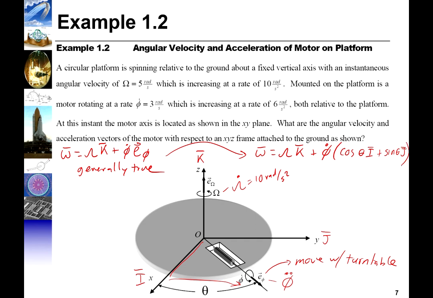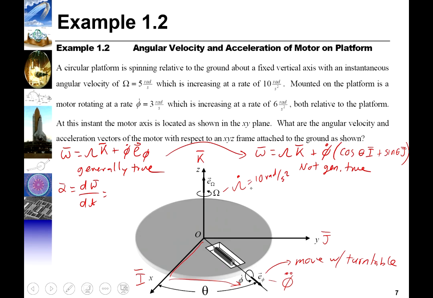Right, so this one you don't want to take the derivative of, because this one is not generally true. So that was the 202 approach that we took last time. Anyway, this expression is generally valid, so we can take the derivative. We'll say that alpha is just the derivative of d omega dt. So that will be omega dot now in the capital K,